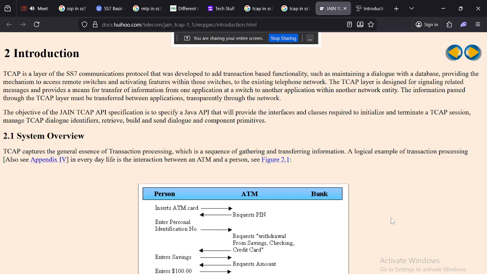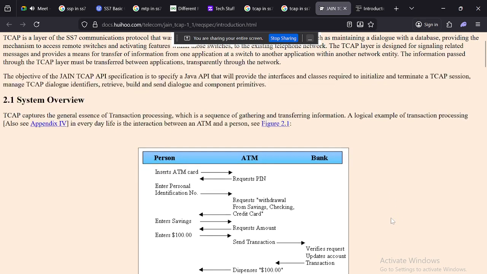It's an application layer protocol within the Signaling System 7 protocol stack. Its primary function is to provide a generic service for non-circuit-related signaling. You can also consider this for ATMs, banks, and many other places.